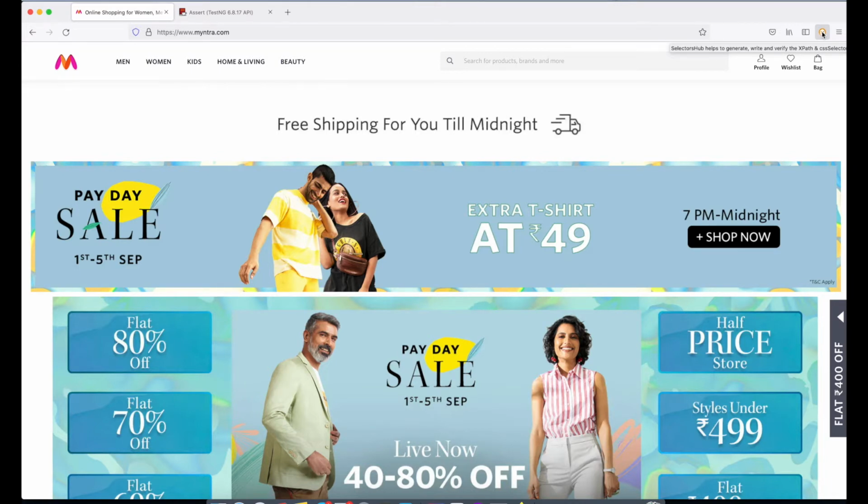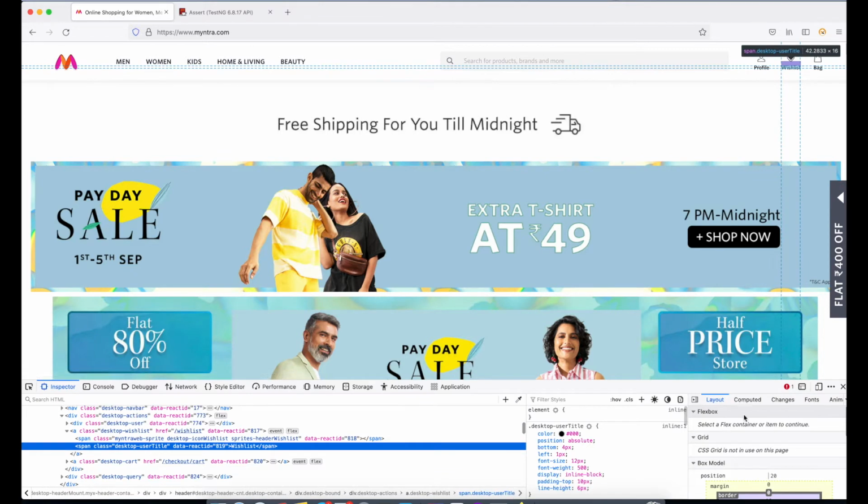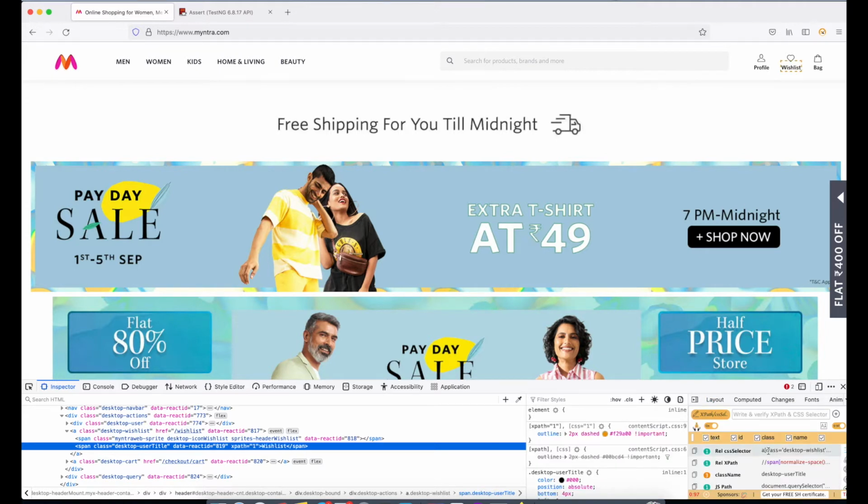We inspect this, and now we see in Selectors Hub the relative XPath that we can use.